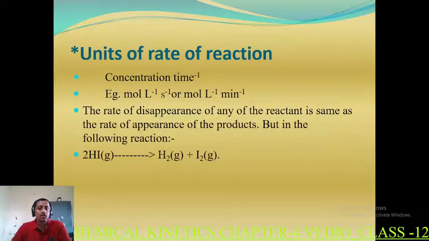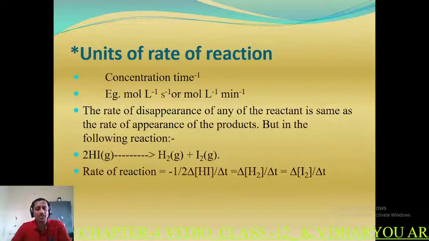See that 2 moles of HI decompose to give 1 mole of H2 and 1 mole of I2 in the same time. That means the rate of disappearance of HI is double the rate of appearance of hydrogen and iodine. In that case, the rate can be expressed in the following manner. In order to make the rate equal in respect of reactant and product, the number which is used to balance a chemical reaction is multiplied in a reciprocal manner with the expression. Here 2HI, so 2 is the number used to balance the reaction. So delta HI upon delta T is multiplied by 1 by 2. In that case, all the rates will be equal.